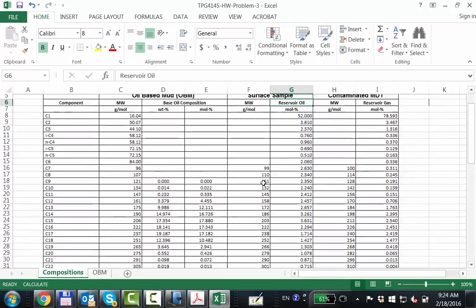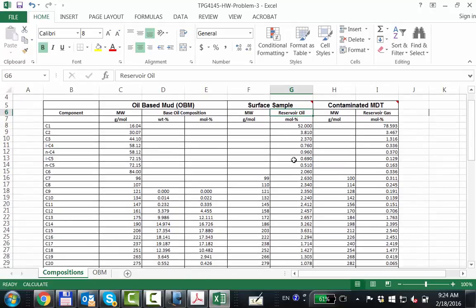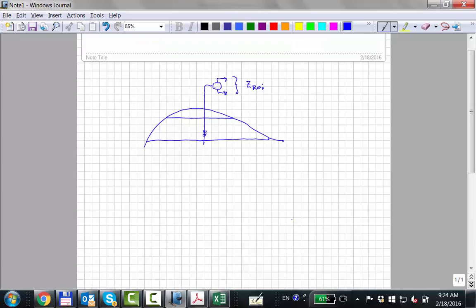The molecular weights are given here for the heavier components, and they actually did measurements of molecular weight and specific gravity using some special techniques even back in 1953. There's more distillation and chromatographic analysis, and so these are the compositions given. And then